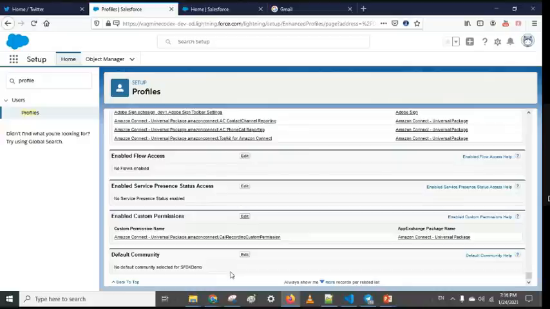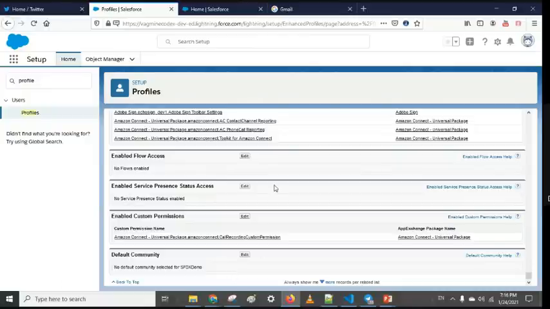For each user or multiple users, we can go with a separate permission set. And that's why we said multiple profiles we can also create. But in that case also, we will give a minimum level of access to the profile. In objects, normally we should just give read access. We should not give edit access on the profile level. Edit access and creation access, we should go with the permission sets.